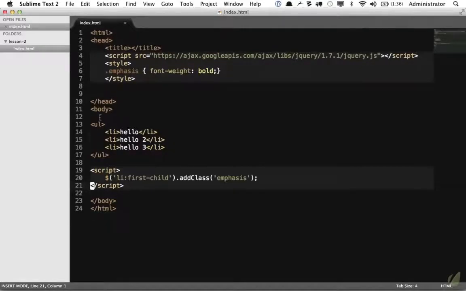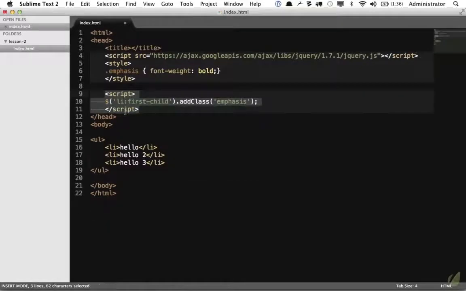ready to be manipulated. So if we revert back a few steps, how can we keep the script tag at the top, but still tell jQuery, don't do this until the first possible millisecond that we can work with the DOM. I want jQuery to wait until all of this is ready and then do it immediately. And we use what we call the document.ready method.